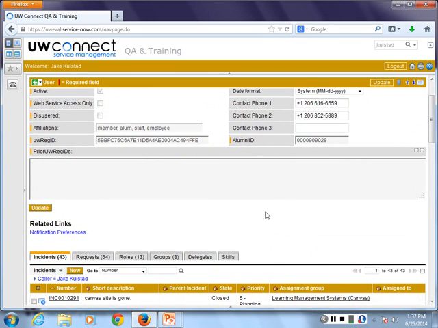This preference is going to remain throughout the system, so when you go into other record types, the tabs are going to remain, and that way when I'm doing a demo, your screen is going to look like my screen. If at a later date you want to turn them off, by all means.